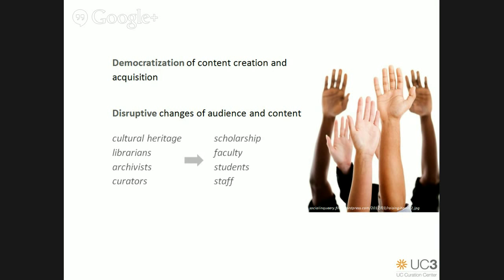I mentioned earlier that the CDL was originally set up to serve the campus library systems, which meant that primarily we were dealing with materials that could be best characterized as cultural heritage. Digital texts, still images, recorded sound, a certain amount of moving image. But we were always dealing with information professionals, librarians, archivists, curators. We continue to support the same audience, but now we have this whole new set of stakeholders. We are dealing with the widest possible range of outputs of scholarship, and we're also now dealing directly with faculty, students, and research staff.